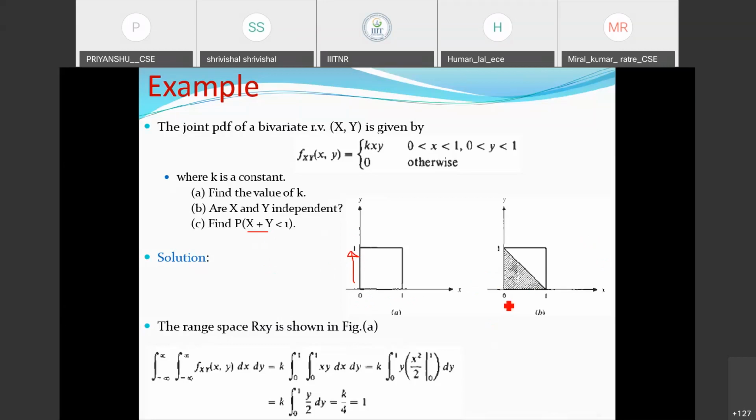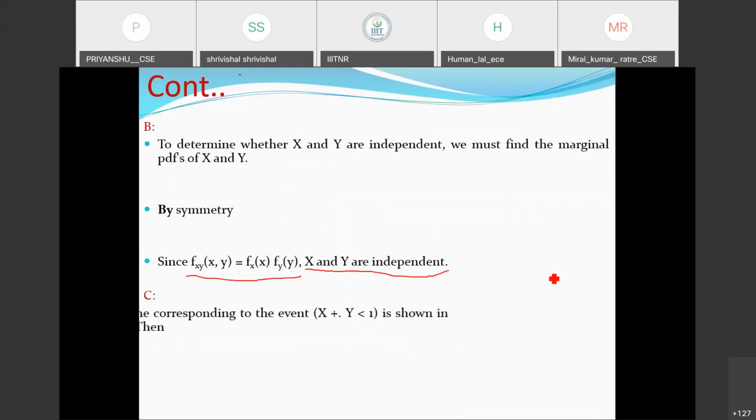If we take y equal to 0, then x maximum could be 1. Similarly, if we take x equal to 0, y maximum could be 1. The area under this part is the shaded region. For some x there will be some y, so the summation always falls within unity. One important point is that we are not allowed to come into this region, which corresponds to x plus y greater than 1. We need to take care of this part.